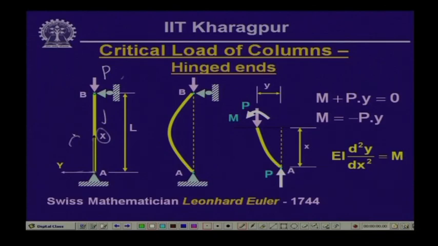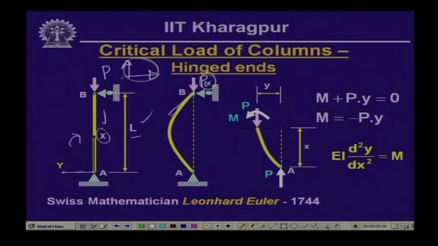That means, if we rotate by 90 degrees, we get the situation that x is in the positive x direction and y is in the positive y direction, as we have assumed for a beam member. Now, the length of the member is L. As we have seen, at criticality, when we reach P critical, the slightly bent form